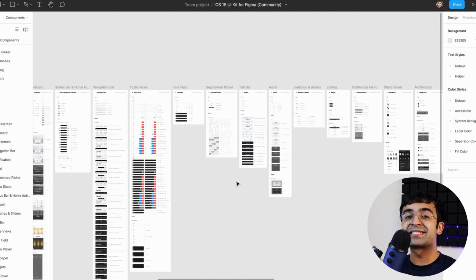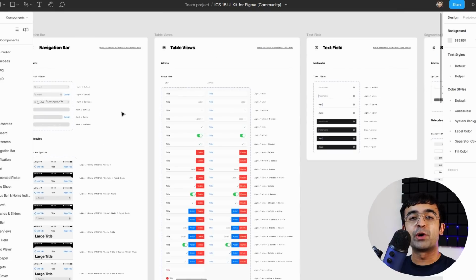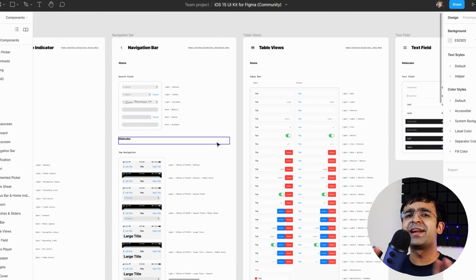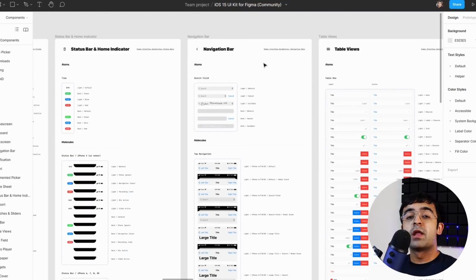Now, for professionals, it is somewhat different. A professional will use a UI kit to ease his already lengthy process and make things come to life fast. Now, when you're designing a very large application where there are multiple screens, multiple elements, and the company you're working for doesn't have a design system or UI library in place, you will have to use a third-party UI library. Depending on the kind of designs you have, you can find millions of UI kits all across the globe. Now, for a pro, it's essential to get things done faster. So if he finds that there is a basic button that he can just pick up and edit, that will speed up his already lengthy process.